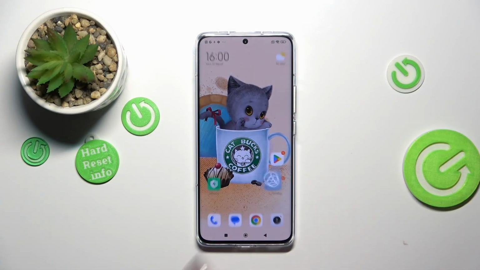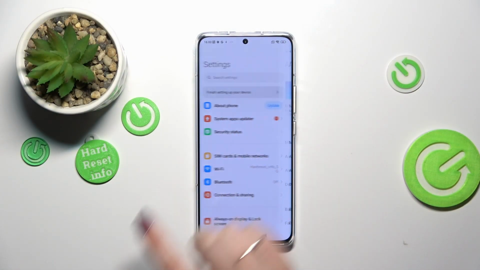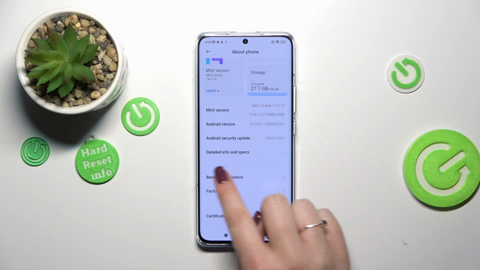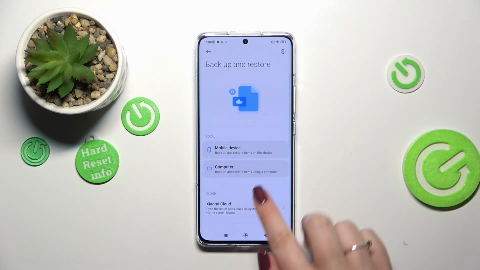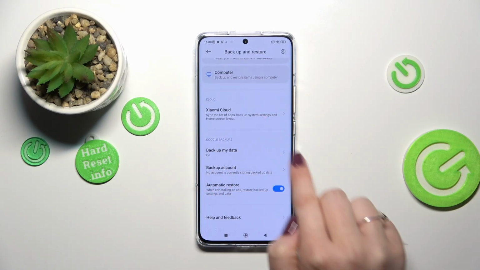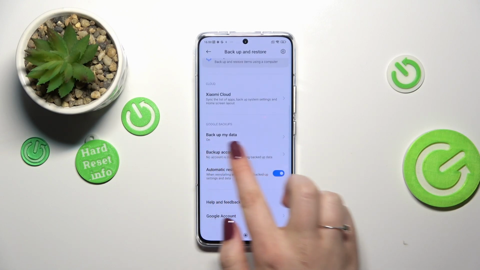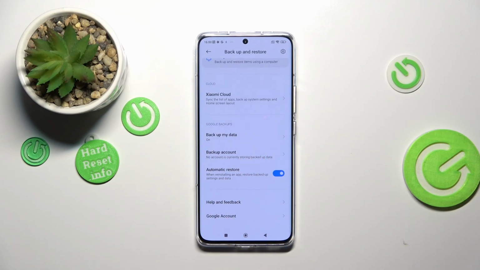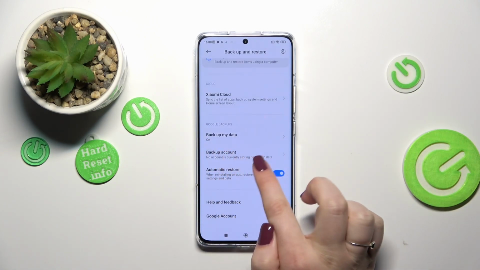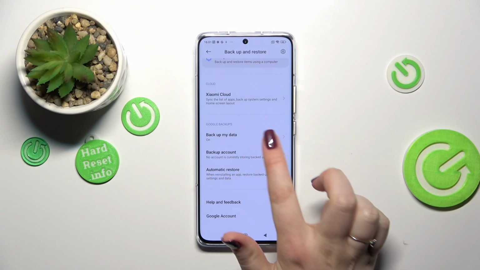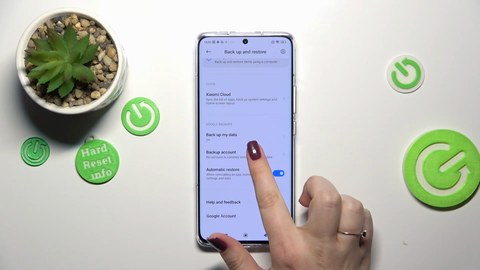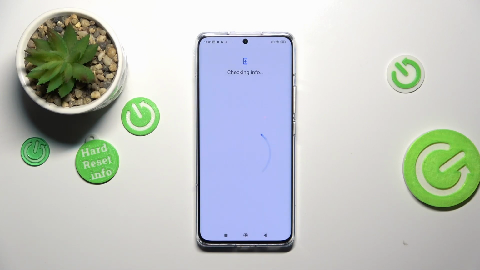So first of all we have to enter the settings and then let's tap on About Phone. Now let's enter Backup and Restore option and scroll down until you will find the Google Backups. Of course, the Backup My Data option should be turned on because otherwise you will not be able to tap on the backup account. So let's make sure that you've got this option on,